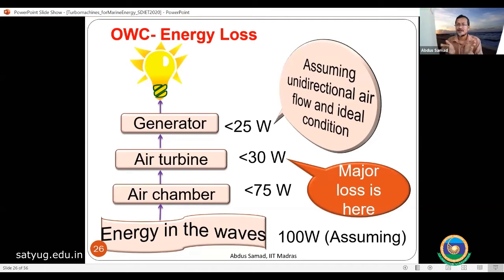So sometimes I argue that if you give me 15% power from an OWC system, I'll be happy, because there are so many other losses I am not including. I am giving the major loss where you can get. So say maximum 20% power you'll get. More than that, you have to do more research. So let's see the next.